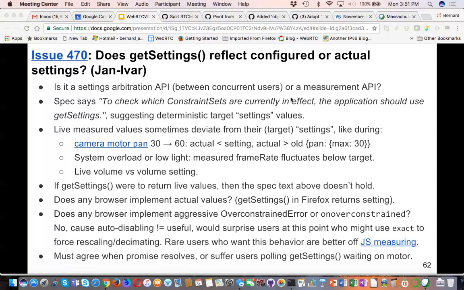If settings were to return live values in the spec text, does that mean browsers return actual values? There's also no browser as I know of. Over constraints, or a similar situation.